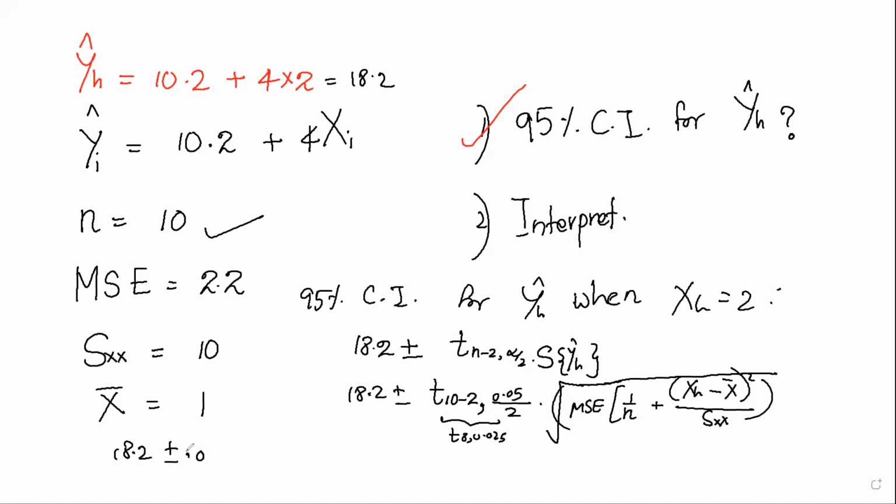times square root of MSE, it is 2.2, 1 over 10 plus our XH is what? There were 2 transfers. So this is 2. In the question it says minus X bar I gave you, that is 1 squared over SXX I gave you, it is 10. So these are the plugins. So you have